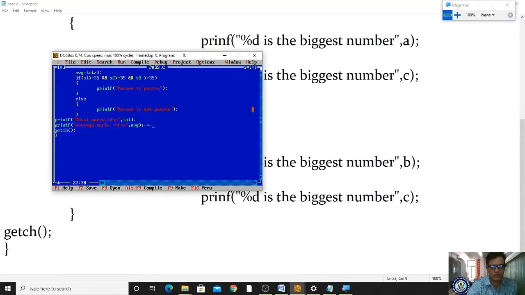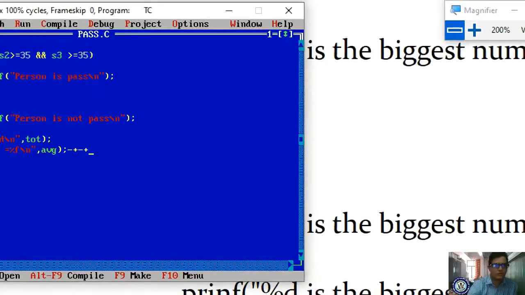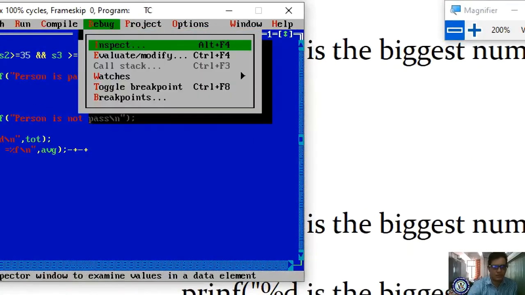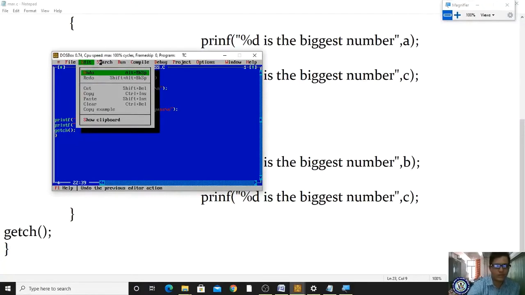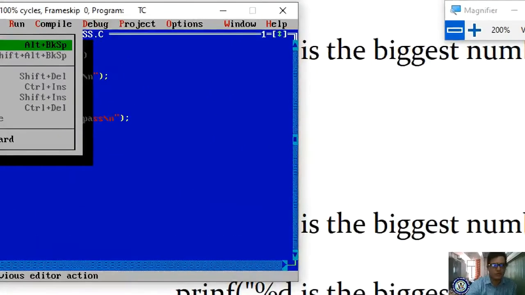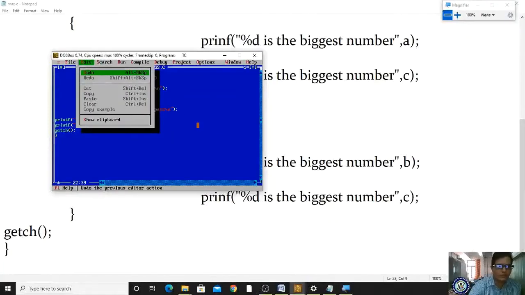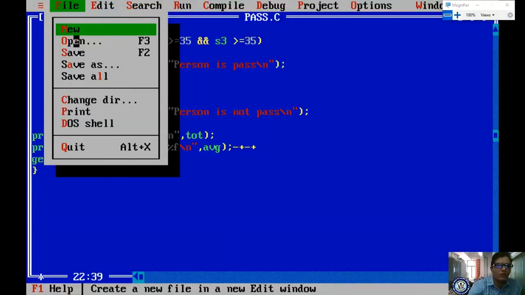Yes, I will maximize. Here it comes, right? I'm moving to drag, it is not possible. Let me minimize, and yes, okay, let me maximize. So here it is not possible, right? And I'm minimizing enough. I'm using enter. Now fine. Yes, fine. Now I have to open my file, right?